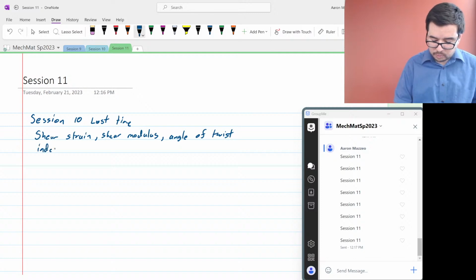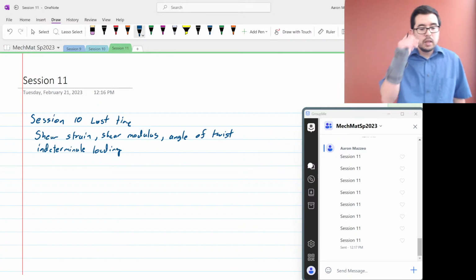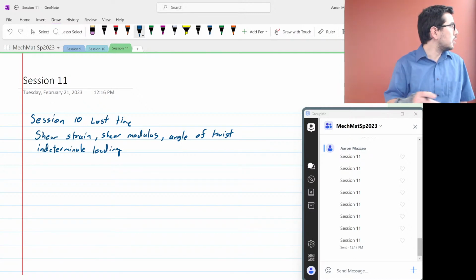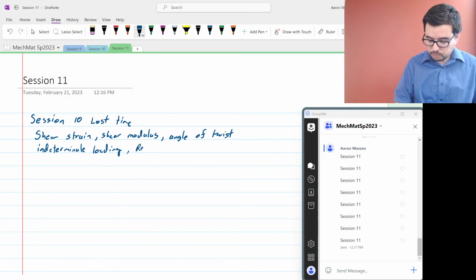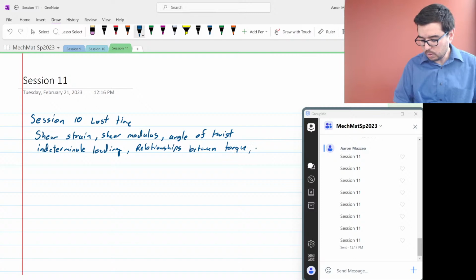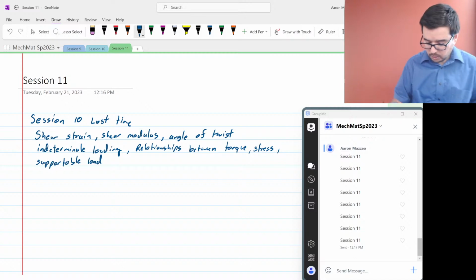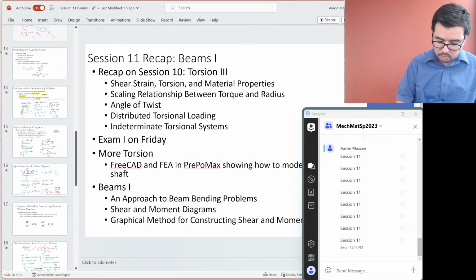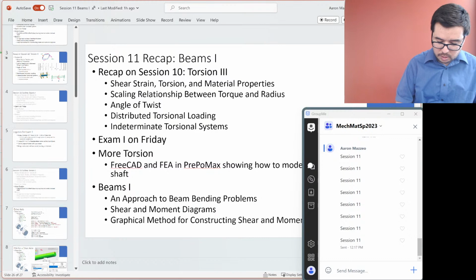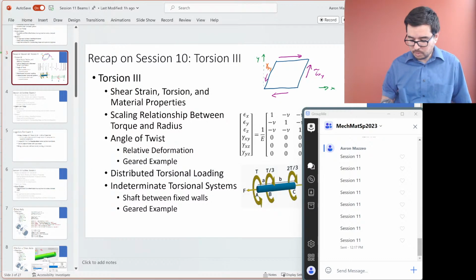indeterminate loading, and we also discussed relationships between torque, stress, and supportable load. Okay, and so if you look back at your notes, you'll probably see some things kind of like this, where